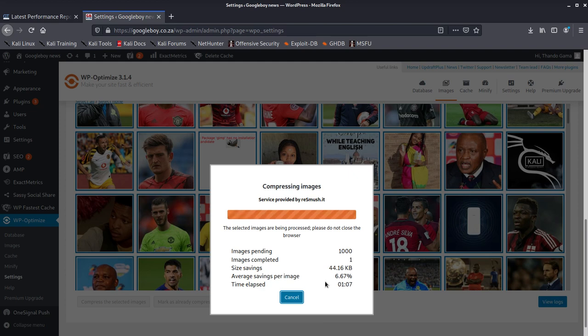This is a website whereby we get each and every day new words. So only one image is compressed, and the average savings per image is 6.67%. So this might take a while. So now they're showing 2 images. This is not 100 or 200, we're talking about thousands of images. So 1,000 images. So what I'm going to decide is,